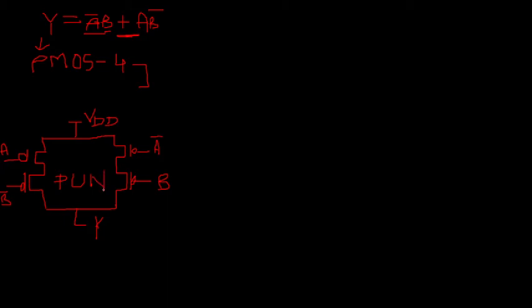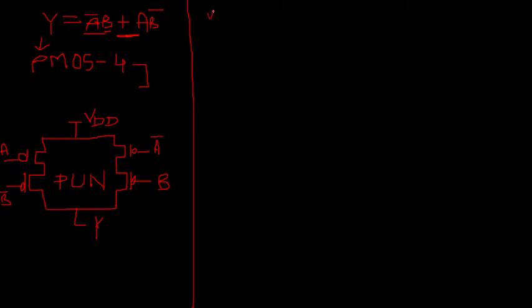Now see, for making the pull down network you have two choices. Either you can directly make the dual. Dual means, if you see the first branch, A and B bar PMOS are connected in series, so you can simply connect NMOS in parallel, and where they are connected in parallel you will connect them in series. But for now, because you are in the starting phase of learning, it is better you start practicing to make the networks.